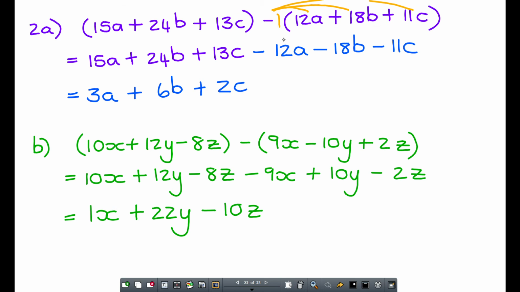The third one, minus 1 times 11c is going to give me minus 11c. So you'll see that none of the numbers change, it's just the signs. Right? All right, so then again we look for like terms. So the 15a minus 12a gave me 3a, and then 24b minus 18b gave me 6b, and 13c minus 11c